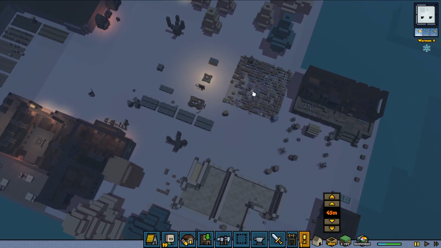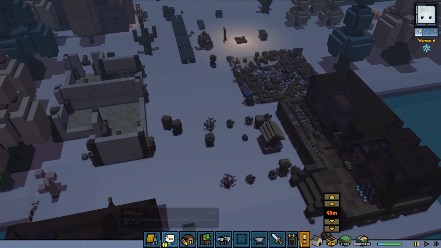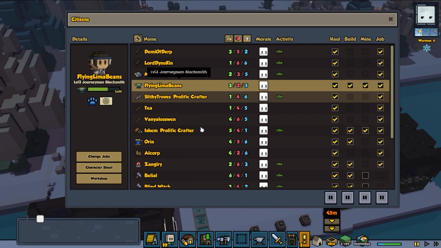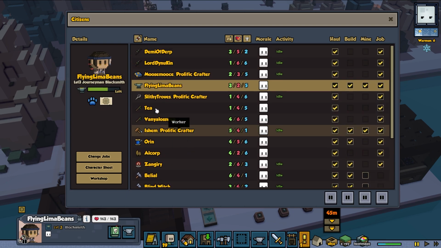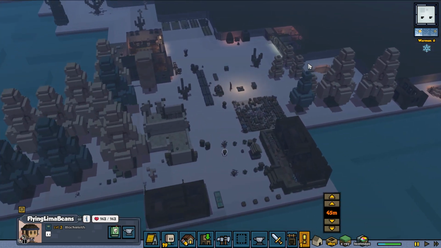There we are. So we've got an engineer. Not an engineer, a smith, and they will eventually become an engineer. Flying Lima Beans, presently working their way up and doing quite well as well. They want to be a passionate engineer, so we probably want to start by the time Flying Lima Beans is level 5, I'm going to start working on training the next mason. The next blacksmith. So that by the time that Flying Lima Beans hits level 6 and becomes an engineer, we're not going to be without someone who can smelt the